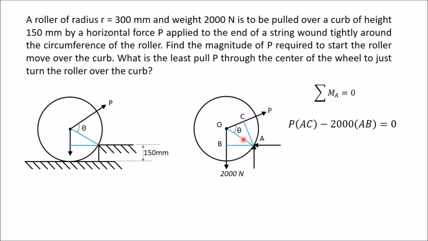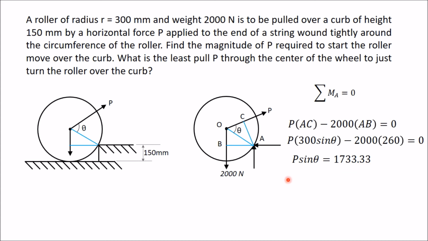AC is equal to, now in this right angle triangle OAC, OA is hypotenuse, OC is adjacent, and AC is opposite, and you require AC, that is opposite. That means you require OA sin theta. So AC will be OA sin theta, and OA is 300 mm, so AC is 300 mm sin theta. So put these values, P into 300 sin theta minus 2000 into 260 is equal to 0. If you solve this, you will get P sin theta is equal to